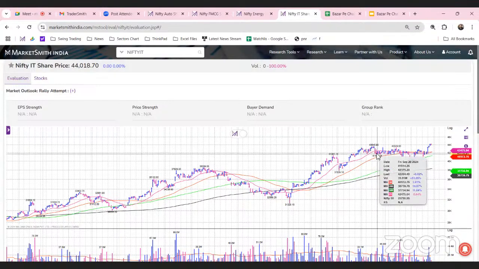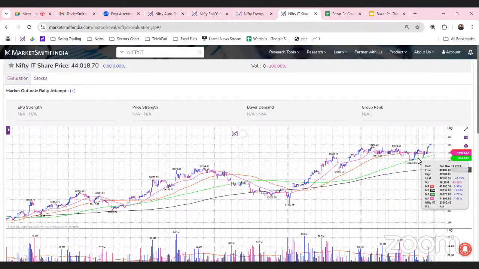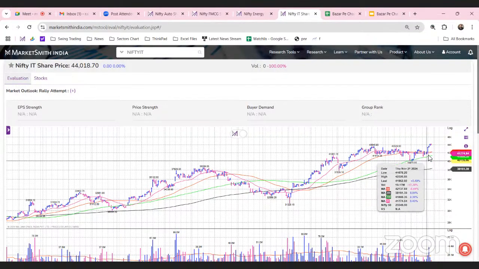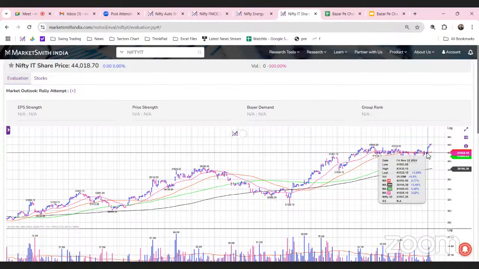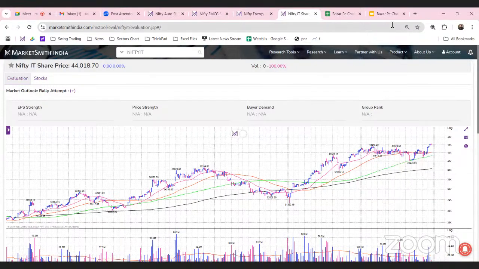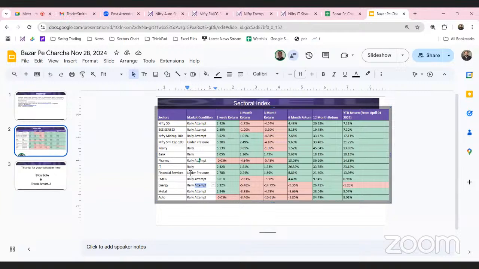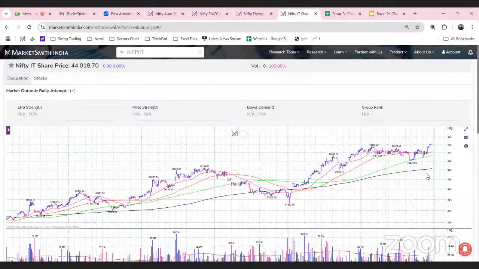And this index has actually traded in a sideways range or in the rectangular formation here. And on the day 22nd November, the index has broken out, and it is actually trading above all its key moving averages. And if you look at the William O'Neil methodology of market direction, the Nifty IT is in the rally attempt. So overall, the Nifty IT index is bullish, and if you look at the chart, there is